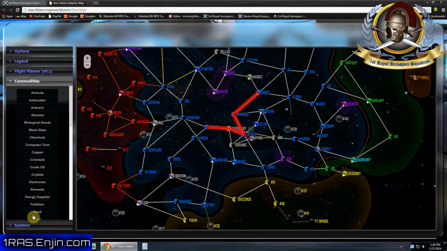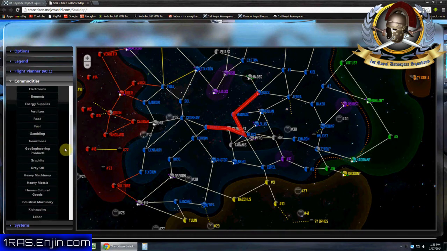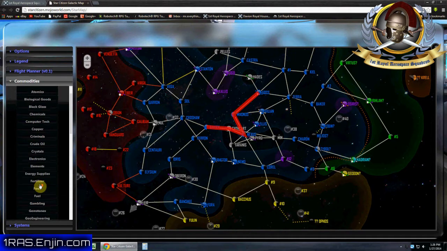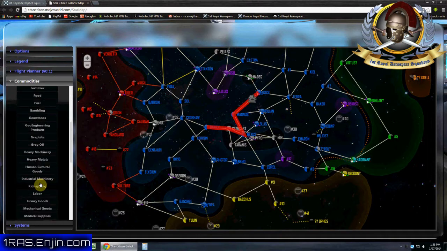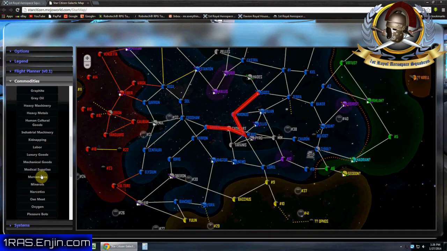We'll go down to commodities. It shows you all the different planets that have these different commodities and where they are. So if you are shopping for a specific thing, like let's say you need heavy metals, you can click on that and it'll show you where you can go to get them. And if the arrow is pointing out, it's basically saying that they ship those. I guess they don't buy them. But if you find an arrow pointing in,